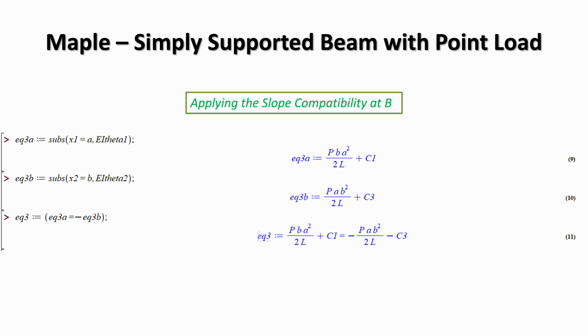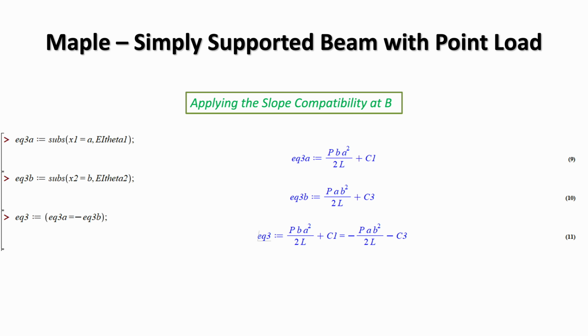So we start by evaluating the slope expression in region 1 when x1 equals a. This is done using the subs command, which substitutes x1 equals a into the slope expression and stores the result as equation 3a, or EQ3a. We then evaluate the slope expression in region 2 when x2 equals b, again using subs, and store this as